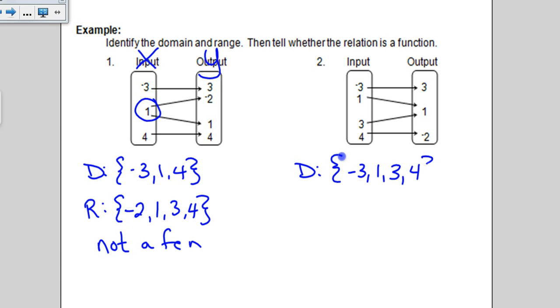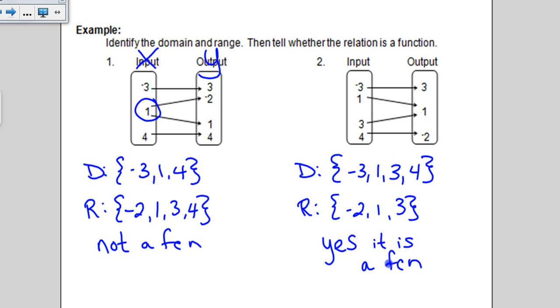When I look at example number 2, the domain of example number 2 is -3, 1, 3, and 4. I'm using set brackets, not using parentheses or normal brackets. These are set brackets. The range of this relation in any order, I'm going to go -2, 1, and 3. And then if I look at all my pairings, this x is paired with that y, this x is paired with that y, this x is paired with that y, and this x is paired with that y. So this is a function,